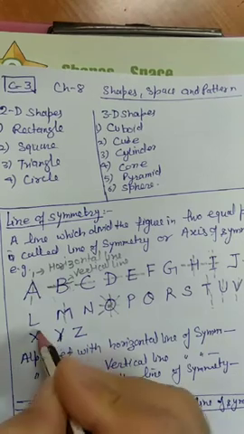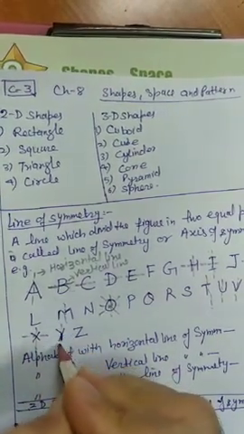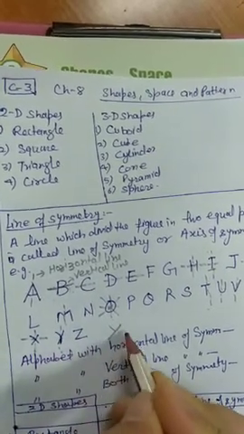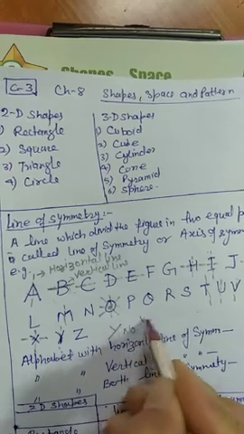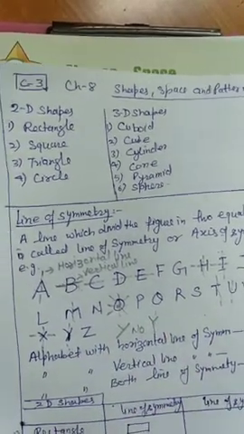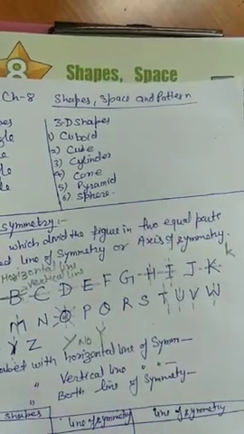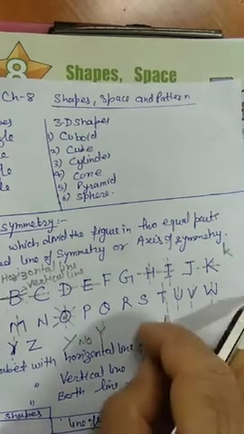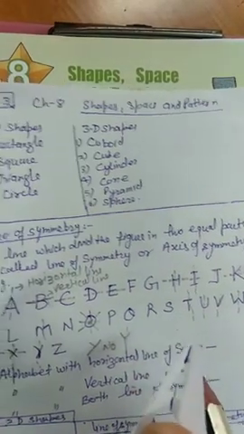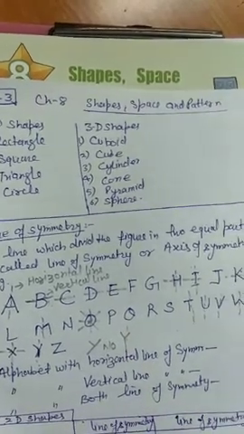And then X, yes. Like this, two lines of symmetry. Y, yes. Z, no. But if you write Y like this, then no line of symmetry. If you write Y like this, then yes. So this way you can draw A, B, C, D and their lines of symmetry. And practically, if you want to do it, you can cut the pieces, cut ABC like this and try to overlap one part onto another where it is divided. If one part is overlapped by the second part, then it has a line of symmetry, otherwise no.